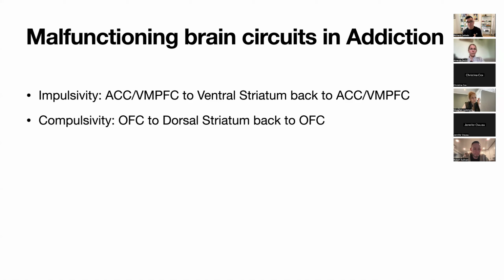Good. So usually something starts as impulsive, right? So say the first time, I want to have fun with someone and I drink alcohol, right? I do it enough times. I walk by the liquor store and it almost becomes automatic. I walk to the liquor store, it's automatic for me just to compulsively go inside and buy beer or liquor or whatever, right? So in the brain, something starts impulsive, and what we believe is that it starts in the ventral striatum, right? The ventral part of the striatum, which is the motor pathway, right? The more you do it, it starts to move, and it starts working in a different circuit, which moves it from the ventral striatum to the dorsal striatum.